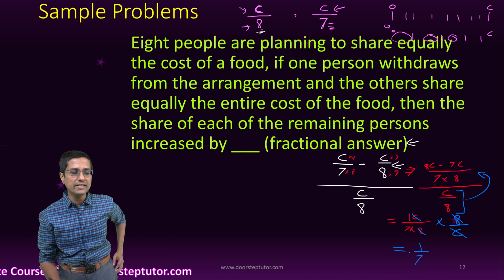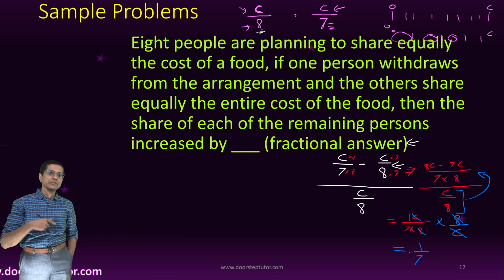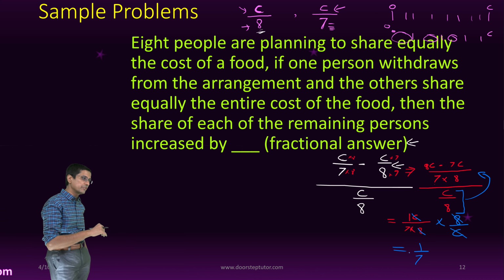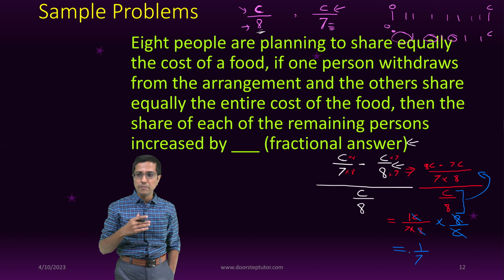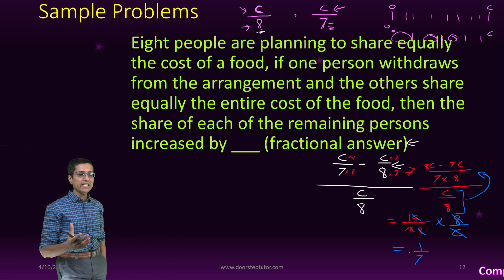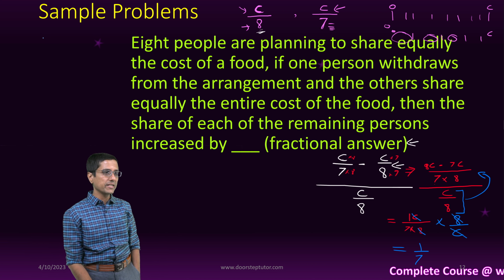So each person's share has increased by 1/7 of the original amount that they were supposed to pay. Okay, so initially let's say that they were supposed to pay 70 rupees,